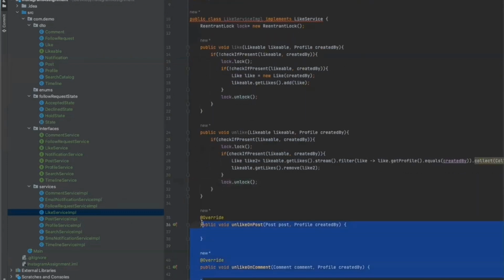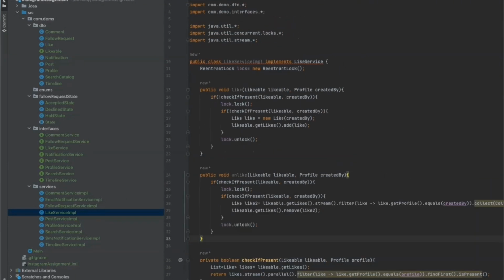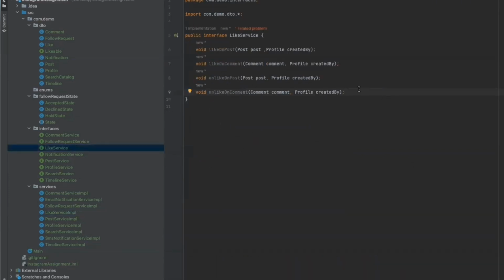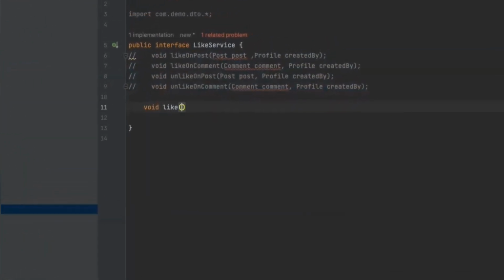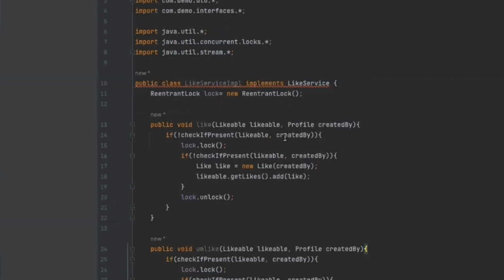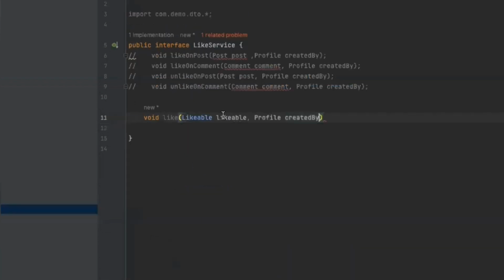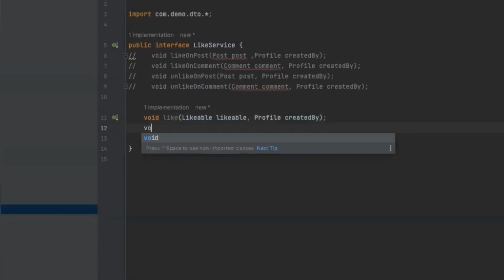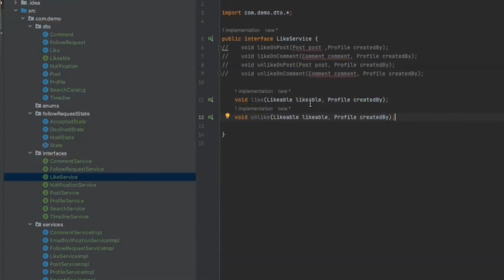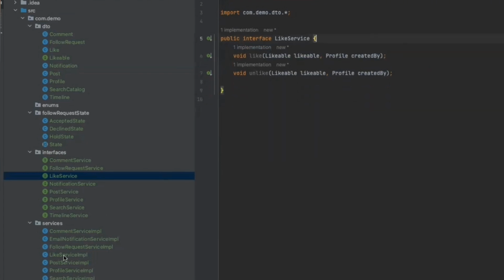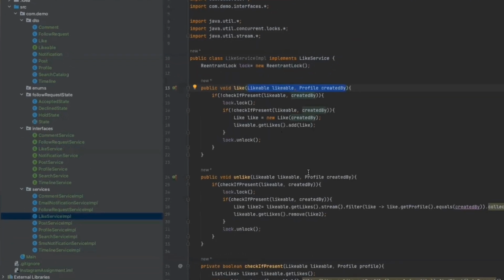So now we can remove these two functions as well. And now we have very much generalized like service. Let's make the change in the interface also. Instead of all of this, void like, what were the arguments? Which order, I mean? So the order in which we took the arguments is this. Okay, and same ways void unlike, and you can see the error is gone. We can remove all of it. And you can see we are good to go, right?